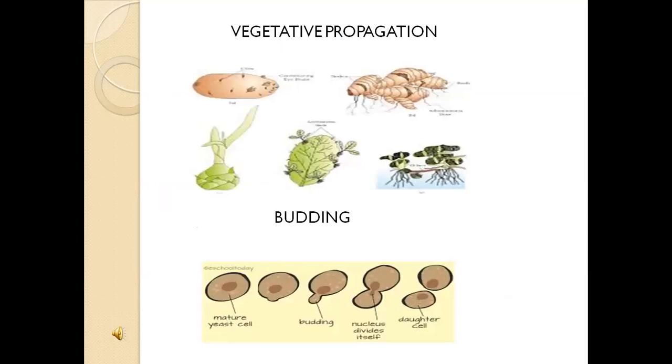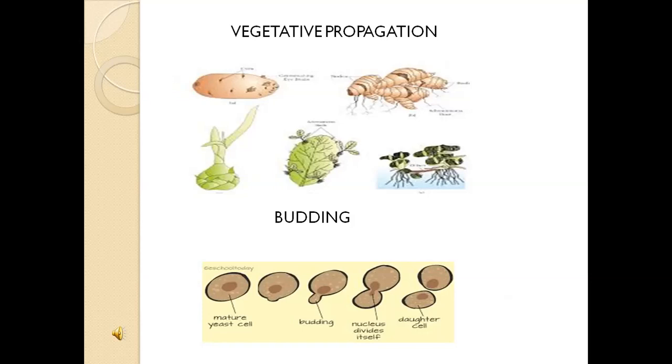Vegetative propagation. In vegetative propagation, vegetative parts of the plants such as root, stem and leaves can help to propagate the plant, using plant cuttings to reproduce plants from existing plants. For example, in potato, shoots arise from eyes. Another example of vegetative propagation is sugarcane and yam, which are also grown like this. The shoots arise from the eyes.